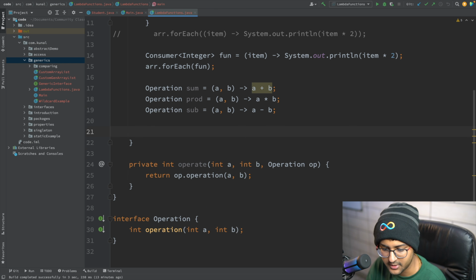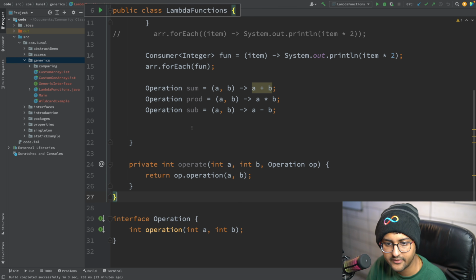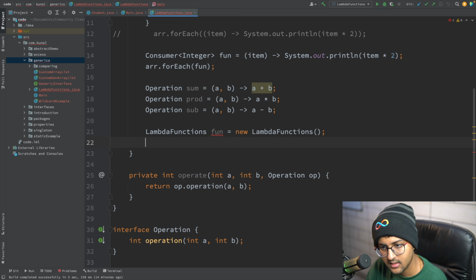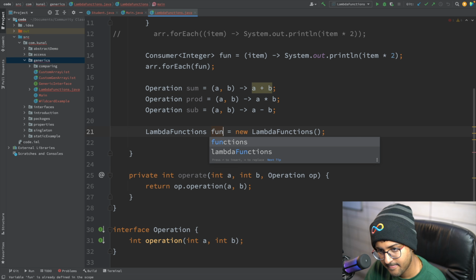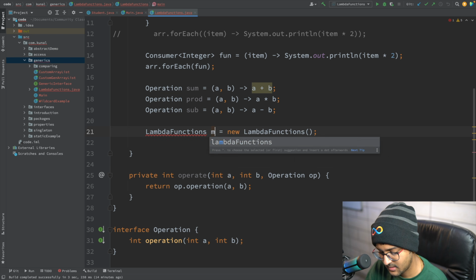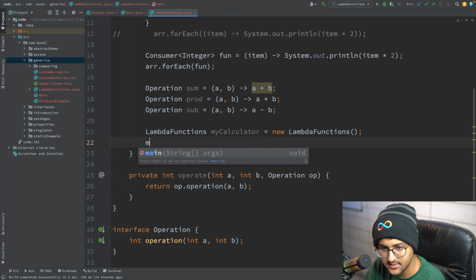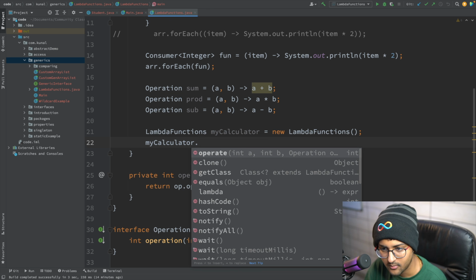Now you can do as many operations as you want, right? So you can say this is in the class LambdaFunctions. LambdaFunctions fun is equal to new LambdaFunctions. Fun is already created. My calculator or something like that. Then I can say my calculator dot operate.